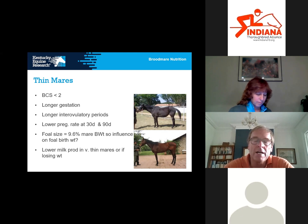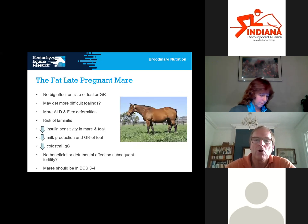If you've got a mare with a foal on her and the mare's losing weight, or they're very thin, milk production will be reduced because they just don't have the fat reserves to put into supporting milk production. So you've got a number of negative things related to thin mares. On the other hand, the fat late pregnant mare presents a number of problems too, and I've mentioned some of these already. There is no big effect on the size of the foal or the growth rate of the foal